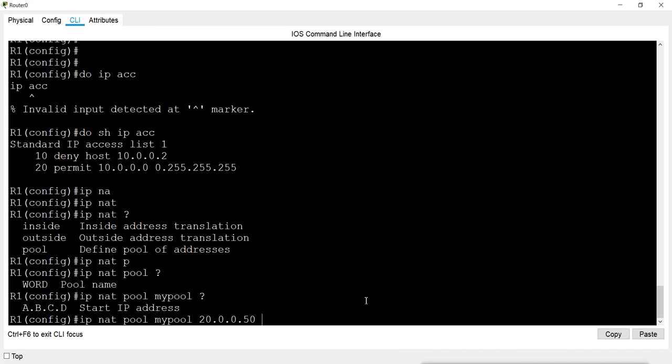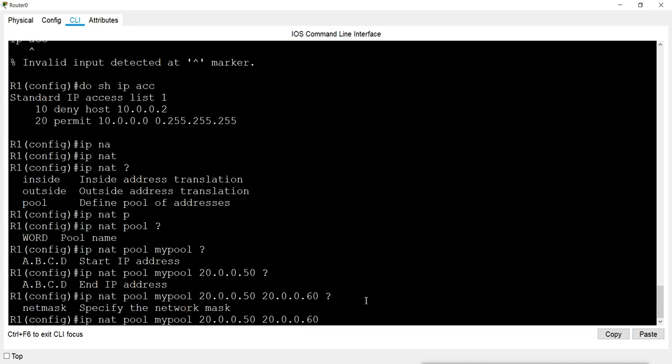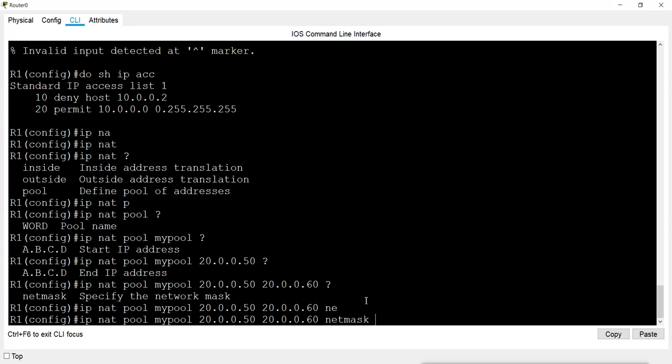Then it is asking what is the end IP. Based on the available IPs you have, you have to give the start IP and end IP. Let's say the end IP is 20.0.0.60. So I have a total of 11 IPs available, and we need only 5. Then you have to give the subnet mask also.